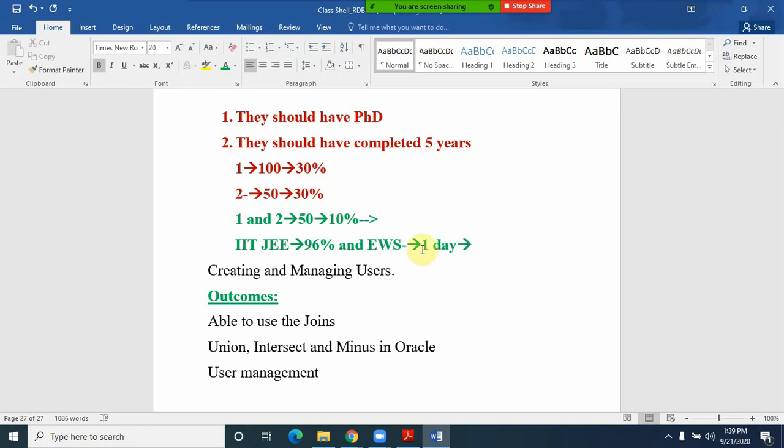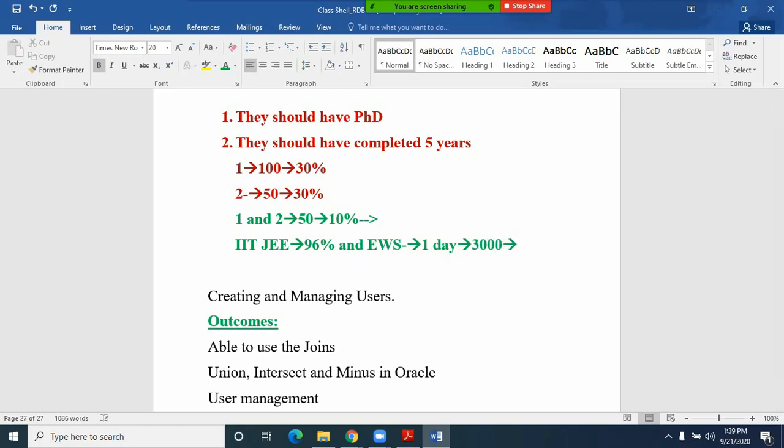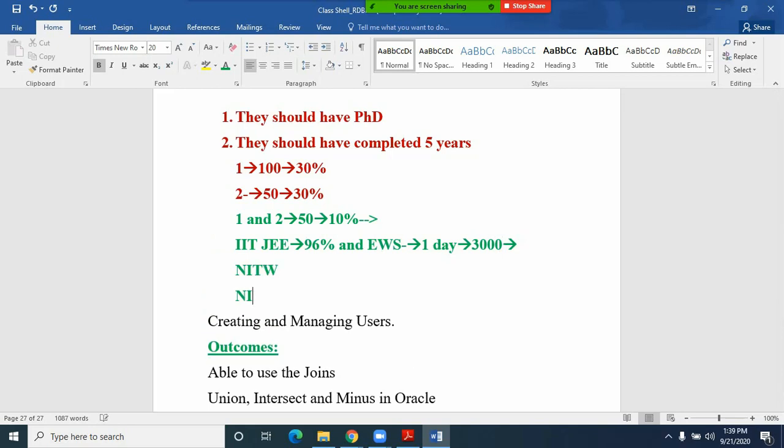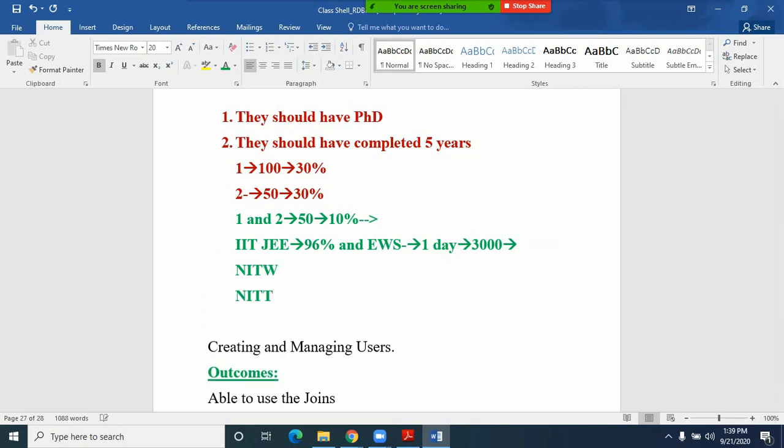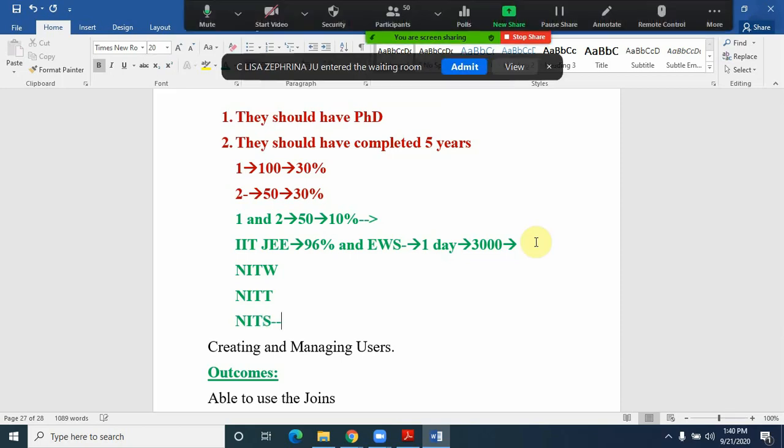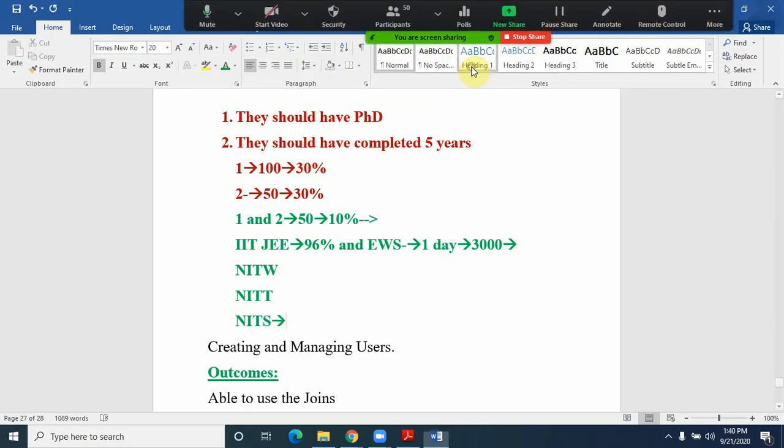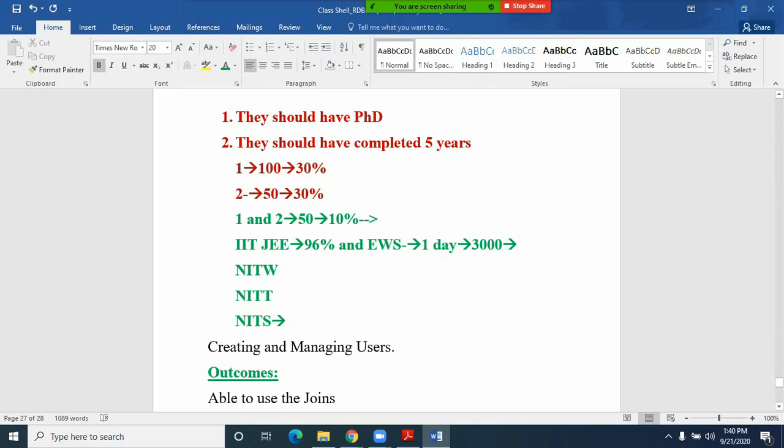What they are observing is if both the conditions are satisfied, assume that some 3000 ranks were called, maybe some NIT Warangal and NIT Trichy and NIT Surat. Likewise, we are having different kinds of conditions. What they are telling is intersection actually.